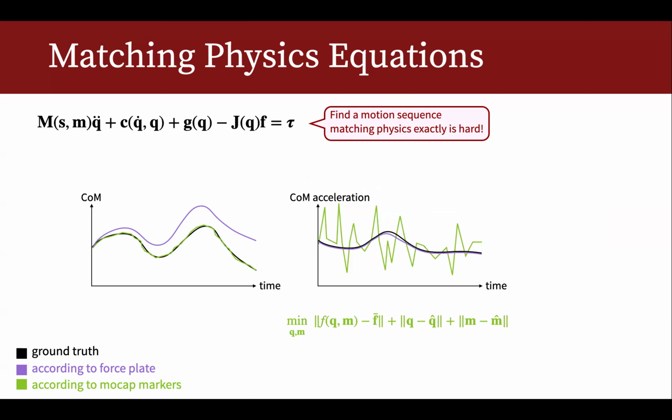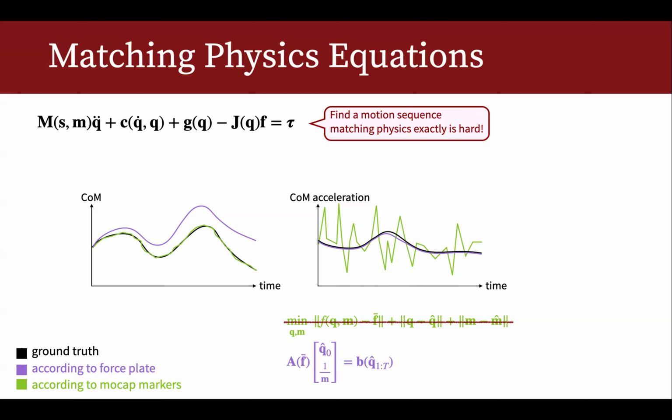But if you look in the acceleration domain, you realize that the marker positions are much noisier. Because that little bit of noise in the position, when you calculate acceleration, gives you huge spikes. On the other hand, this curve coming from the force plate already satisfies physics, so you get very smooth acceleration. So we propose we shouldn't start with the traditional marker position that a motion capture system gives you. You start with the force plate. Make sure that your initial guess already satisfies physics.